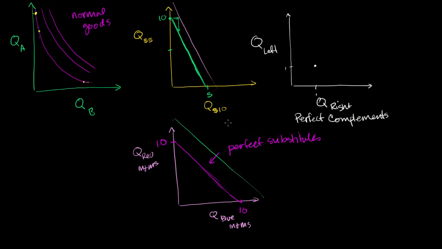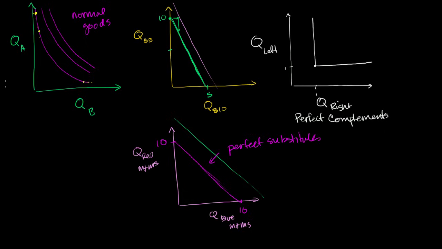Now, do you care if you really get more left shoes? No, you have the exact same preference. It doesn't really change your life. You have the same total utility. In fact, it might even be negative because you have to store them all. But let's just assume you have the same total utility and you don't get any benefit of having those spare shoes in case your shoe gets destroyed or anything like that. In terms of what you can wear, you get the same utility. And so you're really indifferent no matter how many extra left shoes someone gives you. And you'd also be indifferent no matter how many extra right shoes